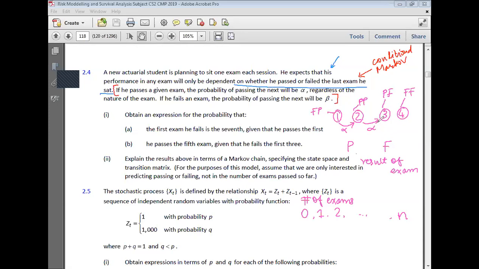Okay, tell me one thing. If I am at one particular state and I move to another state, what should matter? If I were to characterize this as a Markov chain, I know that the Markov property should also be satisfied, right? And what does my Markov property say? It depends on the current state. If we are in the current state, then